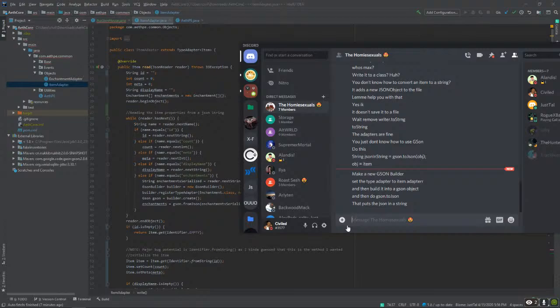Make a new JSON builder. Set the type adapter to item adapter.